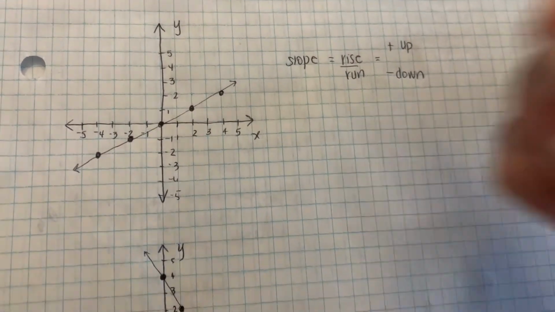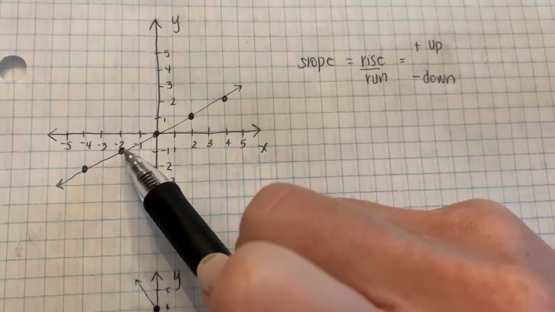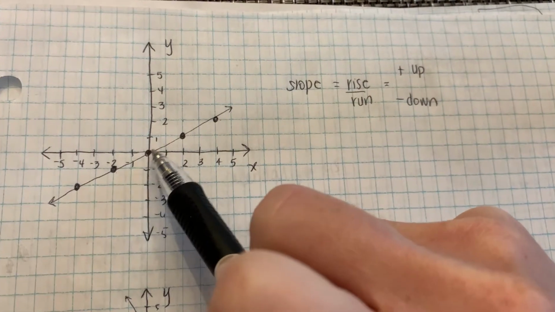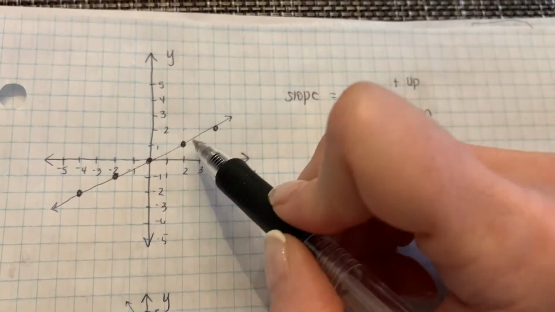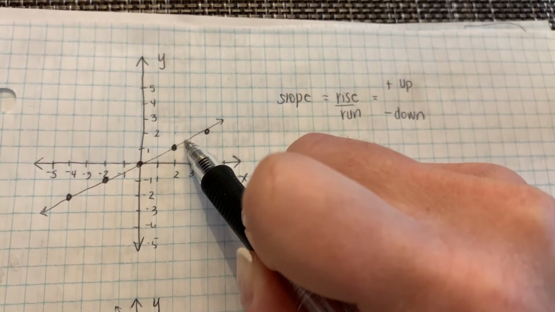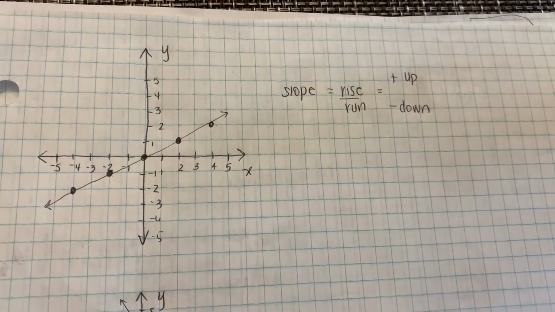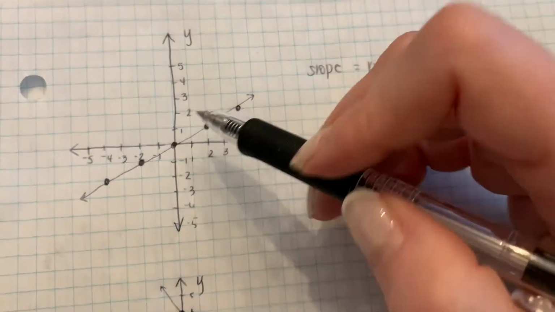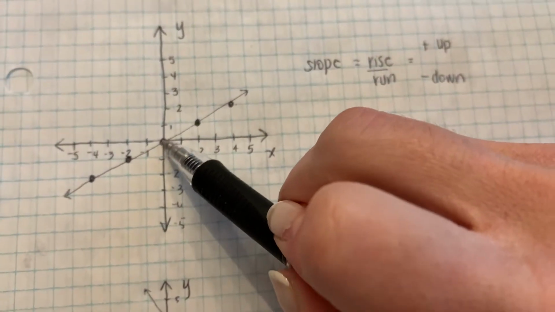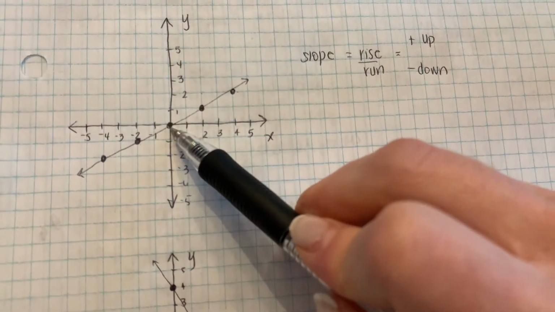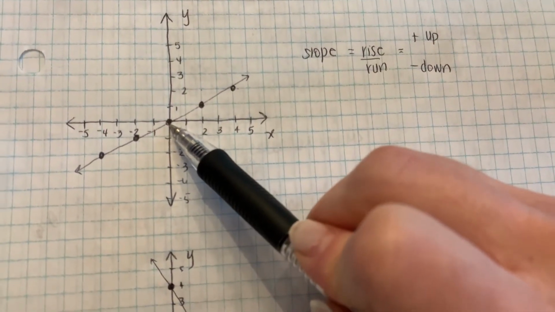So all you have to do is pick 2 points. There are tons of points on any line, okay? The bold points are the easiest ones to look at because they have an exact point. For example, if I look here, that's in between 2 numbers. It's going to be hard for me to determine what the next point is. So I choose something that I can see nice and easy here. So if I look, let's say from this point to the next point,